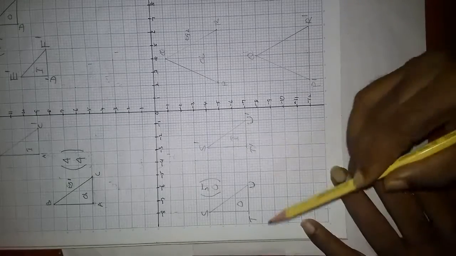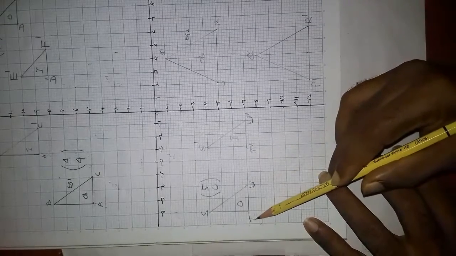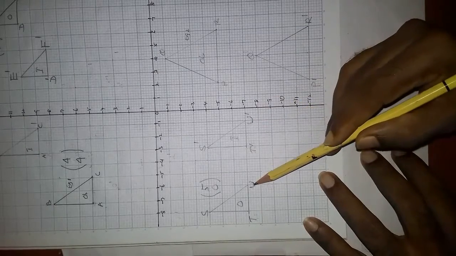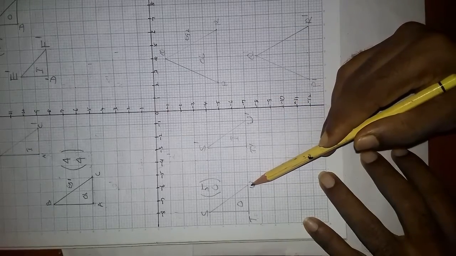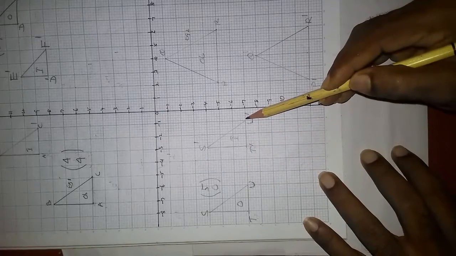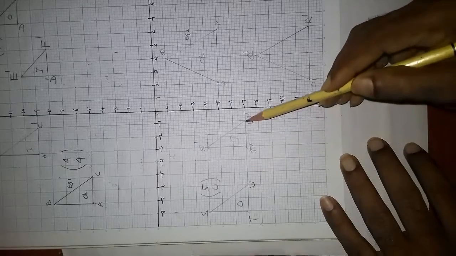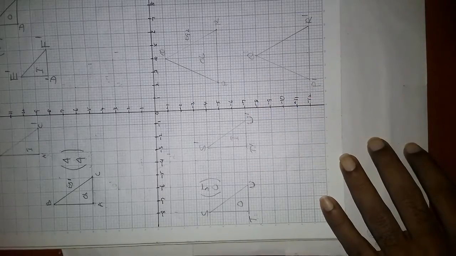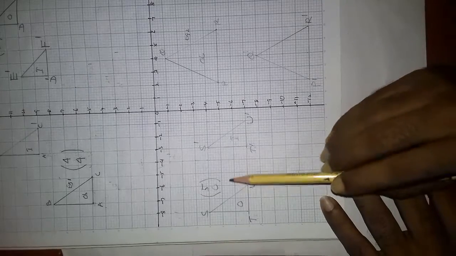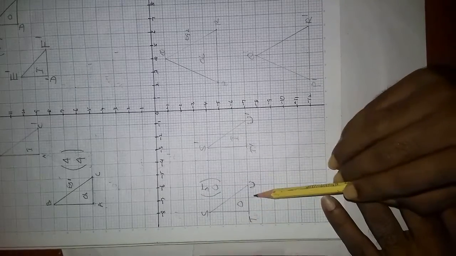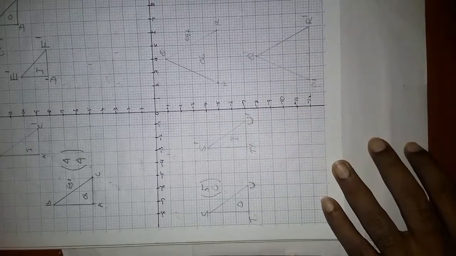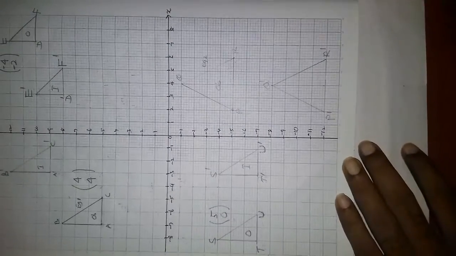Now we will consider this pair of corresponding points, U and U dash. Go from U to U dash. Always go from the object point to the image point: 1, 2, 3, 4, 5. Yes, when you go horizontally only, you meet U dash. Therefore, there is no vertical motion necessary. Then the vector that translates triangle STU onto S dash T dash U dash is (5, 0). Now you go to the other example.